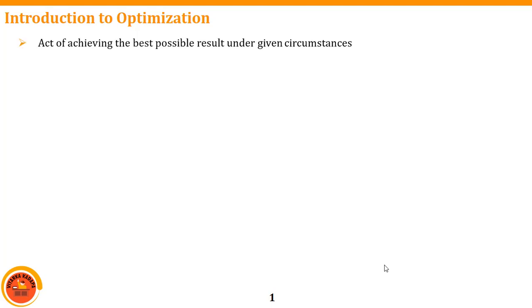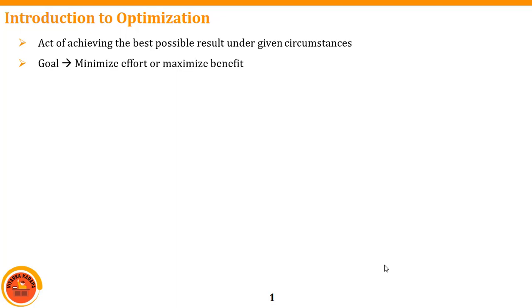So, optimization is the act of achieving the best possible result, whatever it may be. Suppose I need to purchase a car, my objective is to minimize the cost of that particular car, as well as to get maximum quality under various circumstances. Circumstances means, suppose I am taking an automobile on a metal road, so the durability of the tires should be high. So I will take a constraint such that the tires of that automobile should have more durability. This act of achieving the best possible result under various circumstances is called optimization.